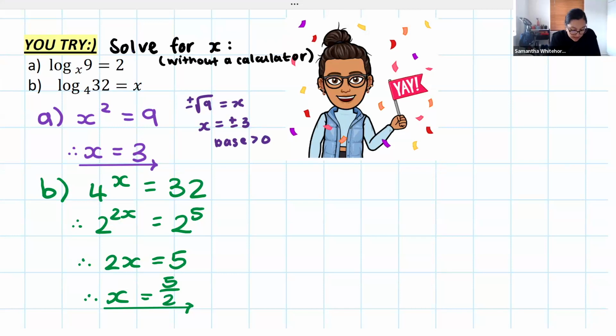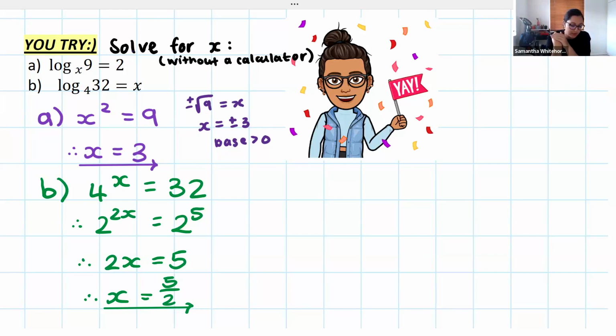When it comes to question B, your x value here was 5 over 2. It makes sense that it's 5 over 2 because if you think about it, a base of 4 needing an answer of 32, we can't make that a prime base. So it makes sense that those can't coexist with each other. You can't just get an x value nice and easy. It's going to have to be rational. I don't know if that made any sense. In my brain, it made sense. If it doesn't, just ask. But it makes sense that we should get a rational